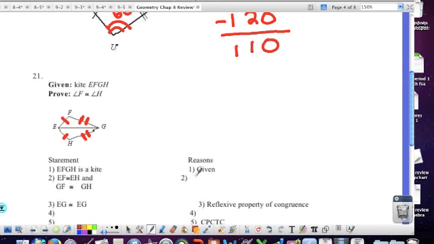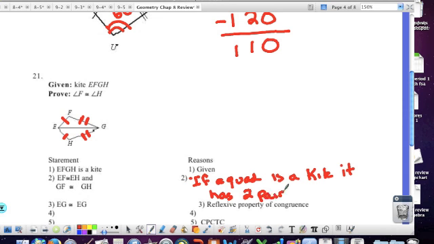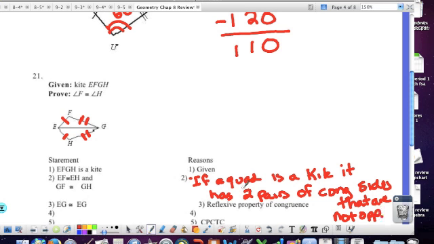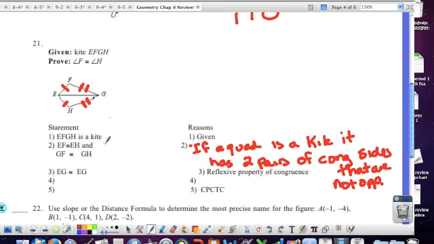So your reason here is something like: if a quadrilateral is a kite, it has 2 pairs of congruent sides that are not opposite. Okay, so you want to write something to that effect. That way you don't have to worry about if it's a theorem, if it's a definition, you have the words there. We're also told